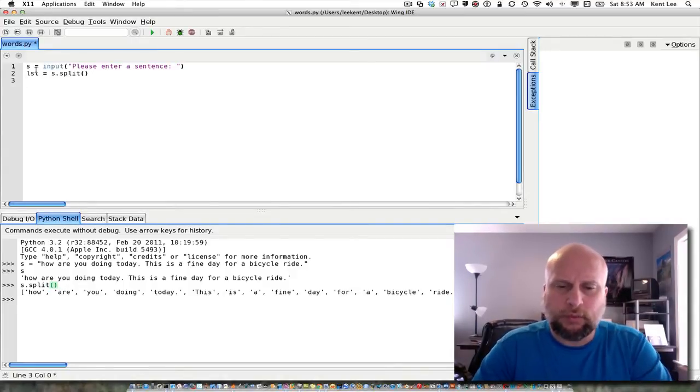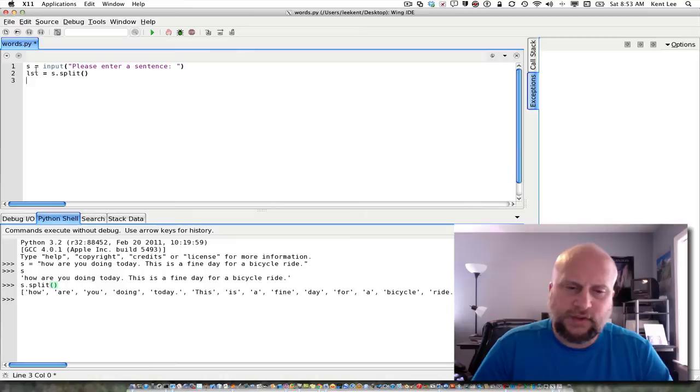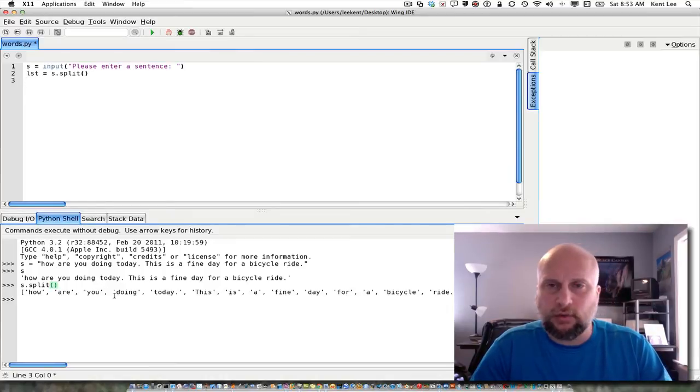Now, what I would like to do is find the average length of words within this sentence that I asked the user to enter. And to do that, I need to use the accumulator pattern to find out some things. So if I'm going to find the average length of the words, I'm going to need to know the number of words that are in the sentence, and I'm going to need to know the total number of characters for the words in the sentence as well, not including spaces. You notice there are no spaces that are left in the sentence below. So I'm going to go ahead and